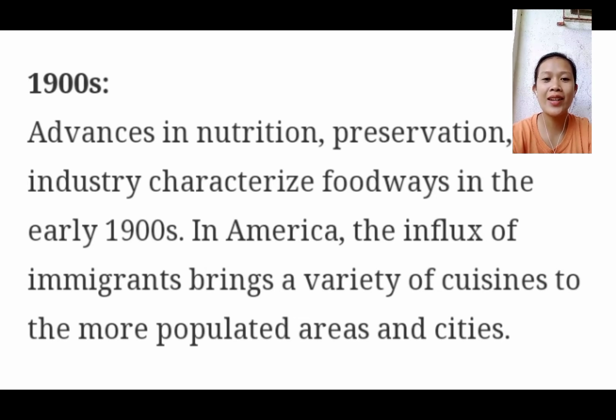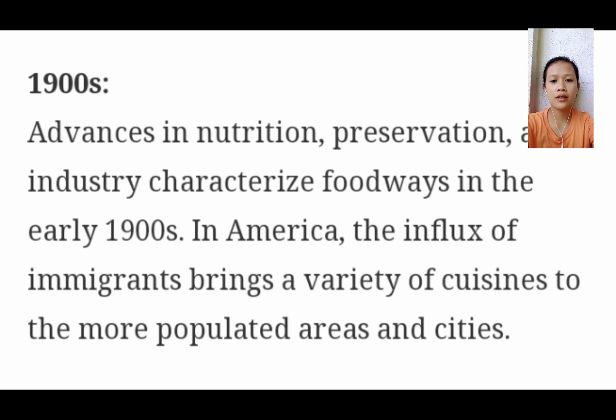the early 1900s. In America, the influx of immigrants brings a variety of cuisines to the more populated areas and cities. So in my own understanding, the 1900s is the beginning of food